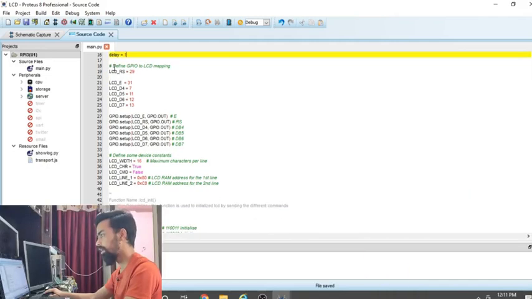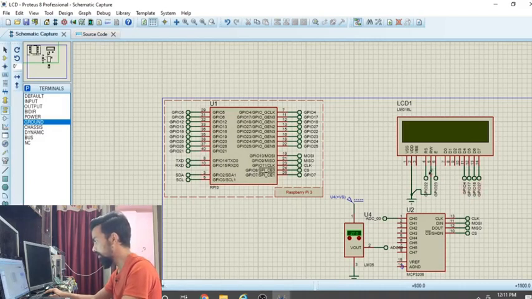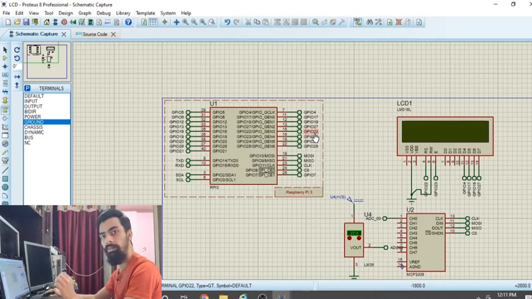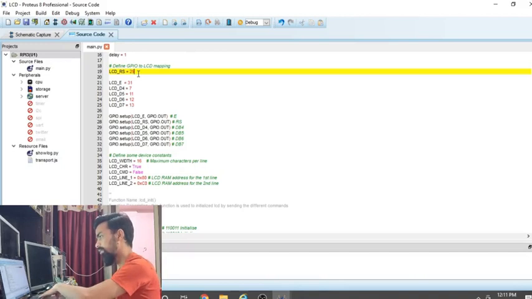Now next point is to define the LCD pin. You can see LCD RS pin is connected to 29 number as per the code. Let's see the schematic. In the schematic we have connected RS pin to 22 number. You can see here GPIO 22, but this GPIO 22 is nothing but the BCM chip number. We have selected Raspberry Pi as a board, so on board it is 15 number. So you have to go here and change it to 15 number.